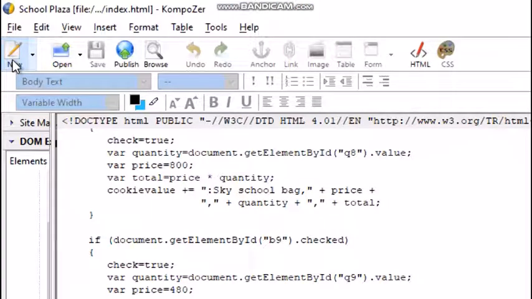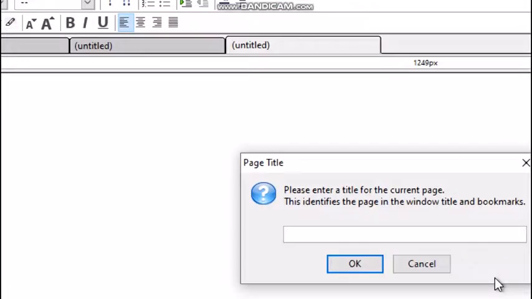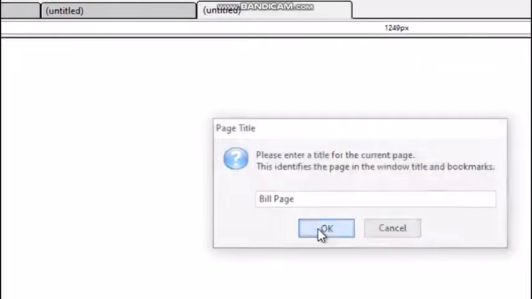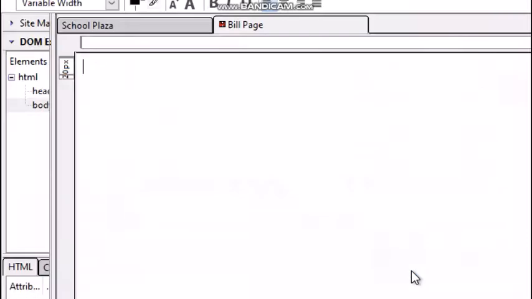Now let us create a new file. Save it first with the page title as bill page, okay, and file name as bill.html. Save.